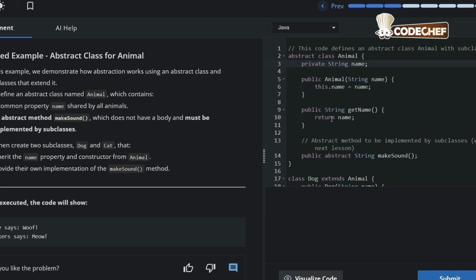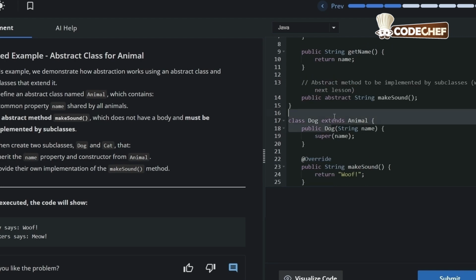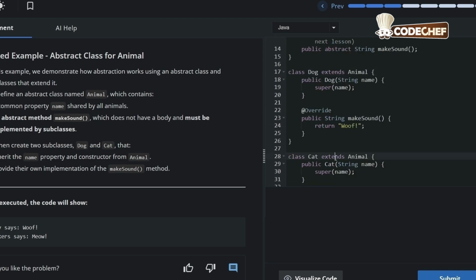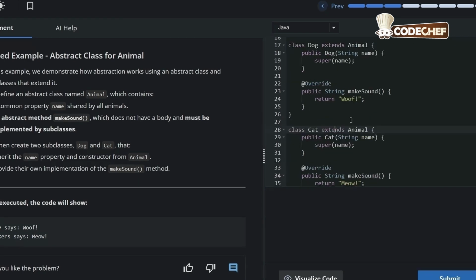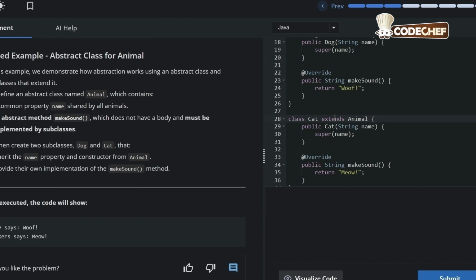Then we create two subclasses, a Dog which extends Animal and a Cat which extends Animal. They inherit the name property and constructor from Animal, and provide their own implementation of the makeSound method.